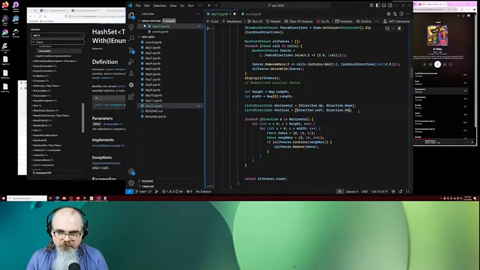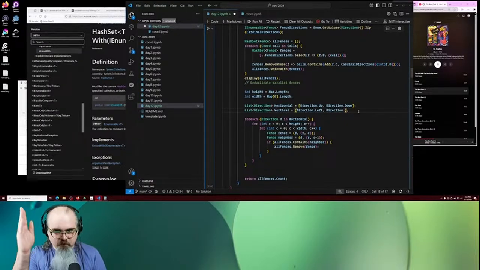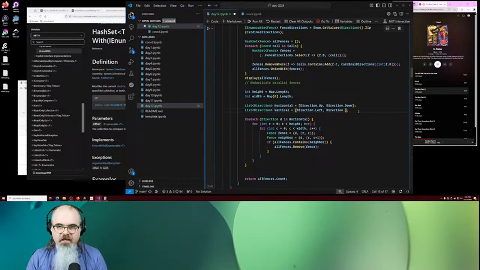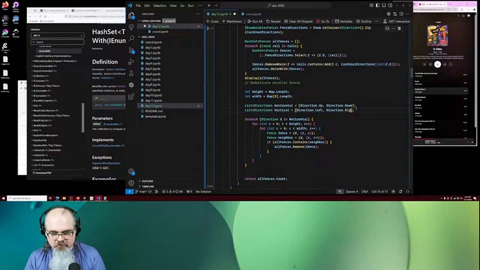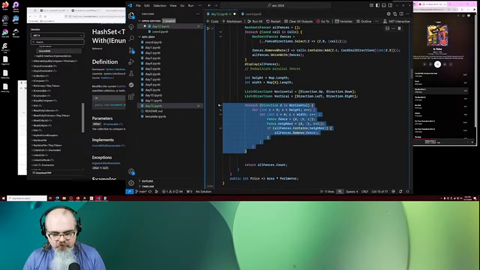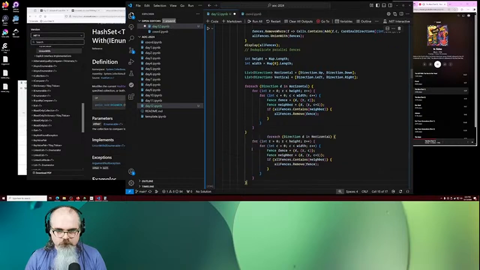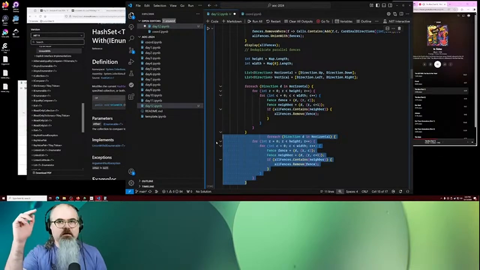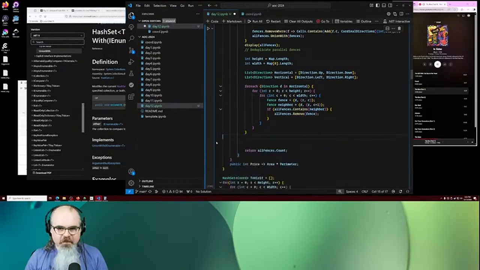And while this feels weird, a fence on the left or right of a cell runs vertically, and a fence on the top or bottom of a cell runs horizontally. Okay, so now we do the same thing here. Actually, wait a second. No, I don't need to do this, because I will still always get these, even though we do the sequence. Yeah, never mind. We're only looking at